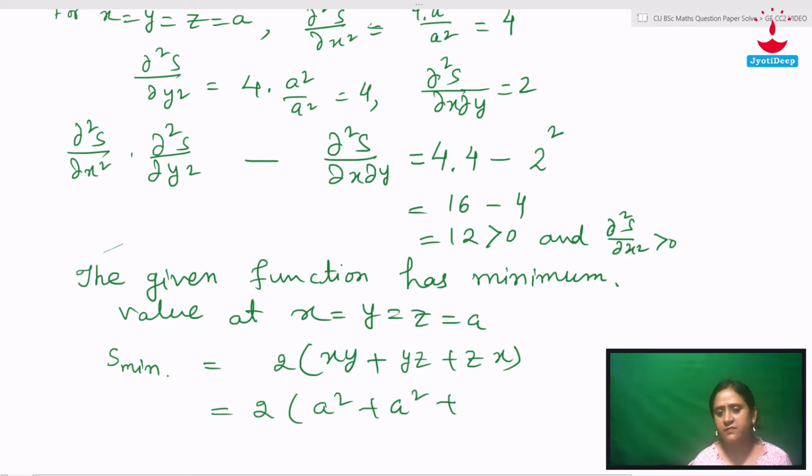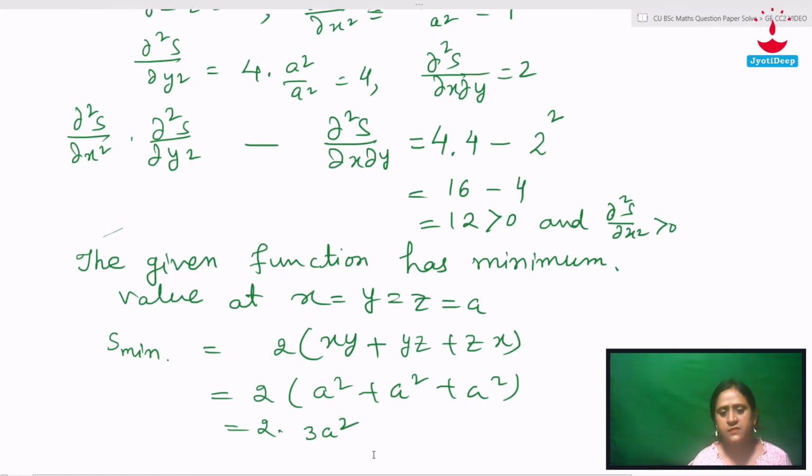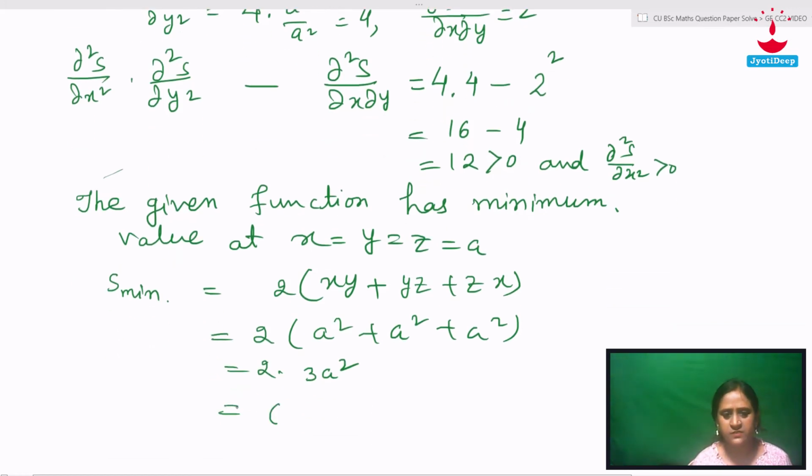This is equals to 2 into 3a square. This is equals to 6a square. Okay, so this is our answer. It has a minimum value when x is equals to y is equals to z is equals to a, and the minimum value of the function is 6a square. Okay,